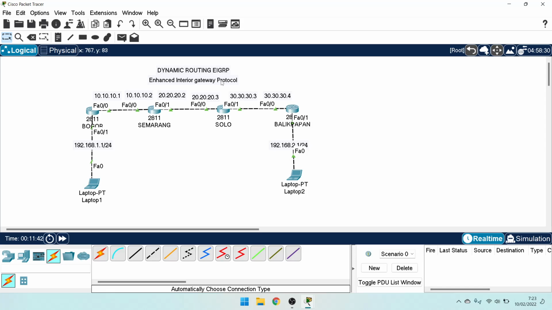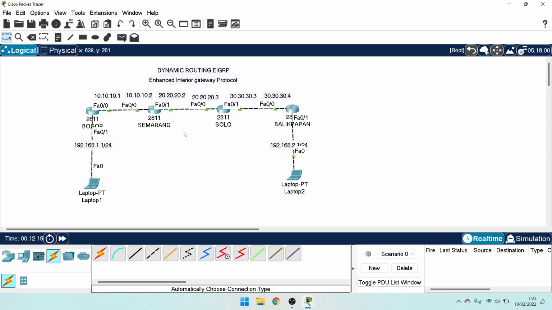EIGRP is a Cisco proprietary advanced distance vector or hybrid routing protocol using the DUAL algorithm, with multicast or unicast to exchange information, using protocol number 88. The administrative distance is 90. It is a classless routing protocol supporting VLSM and CIDR, supports IP version 6, and has a rich metric: bandwidth, delay, load, and reliability.